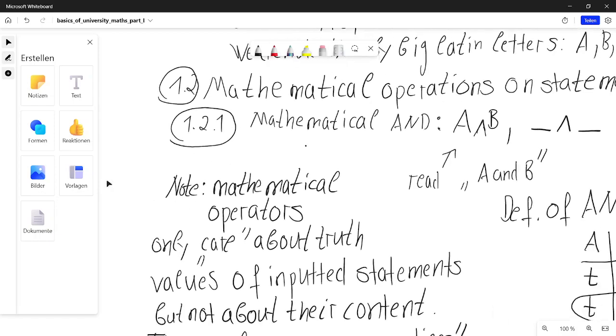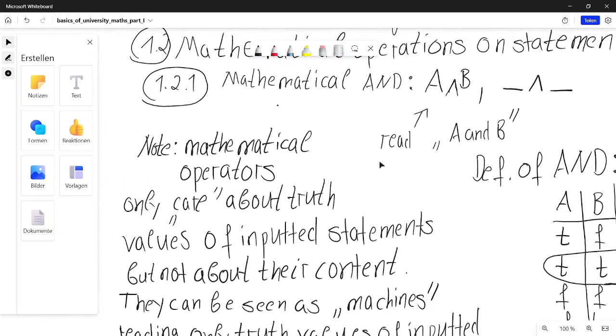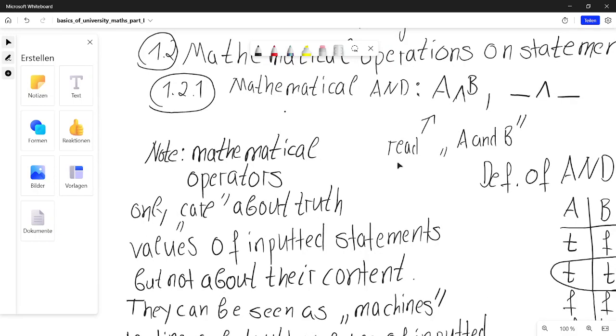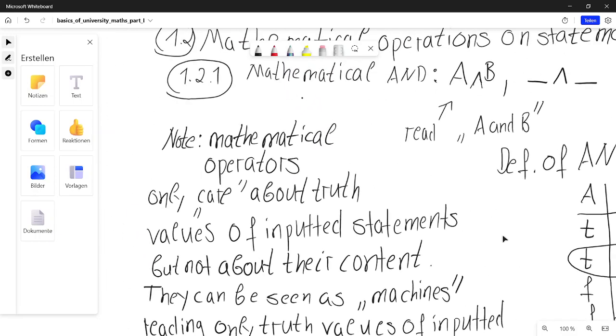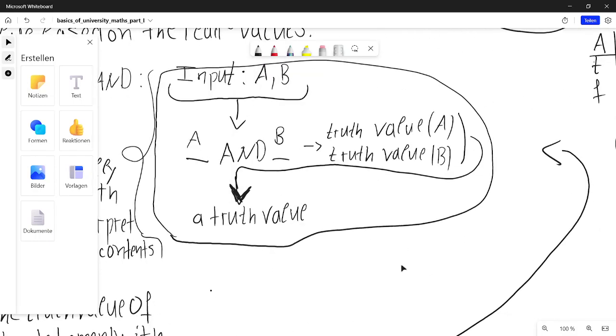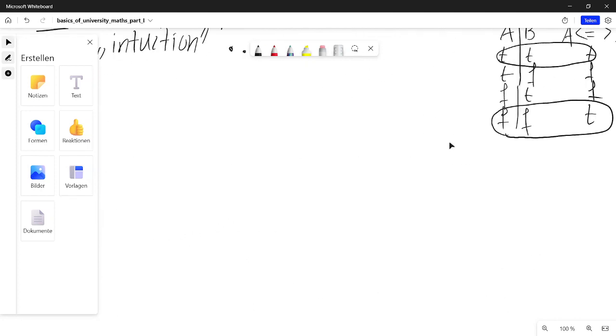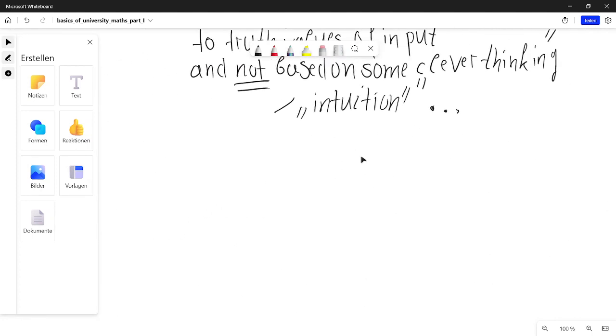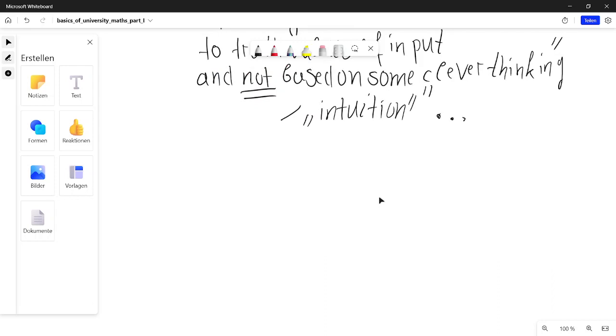That was 1.2, mathematical operations and statements. That is 1.3, basic identities